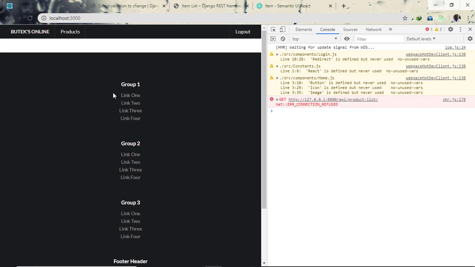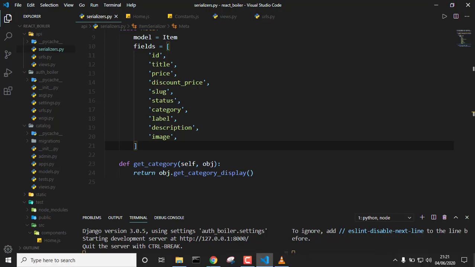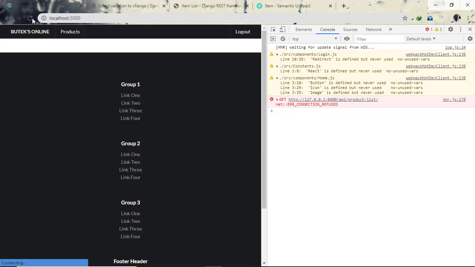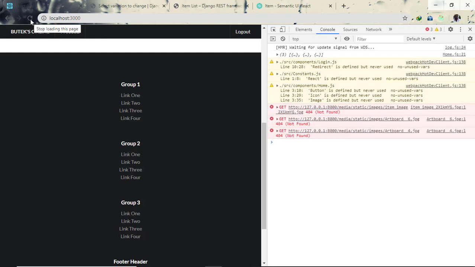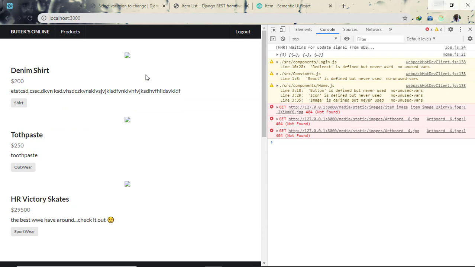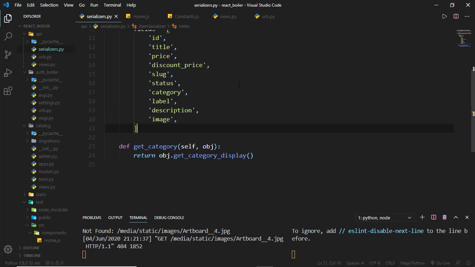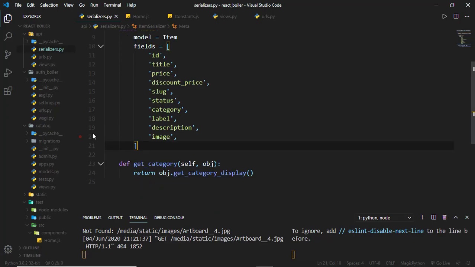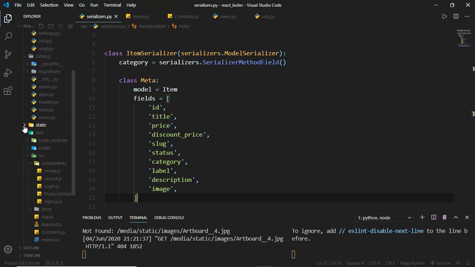So product list connection refused. If we go back, the server is running. Let's refresh again. And now we have the category of that product displaying there. If we just check why the images are not displaying, it might be, if we just check our static,